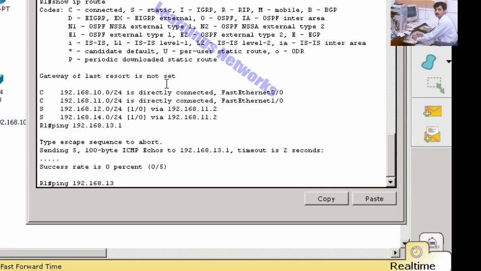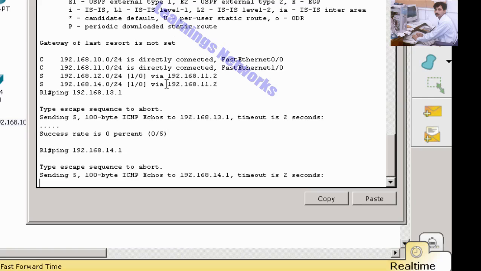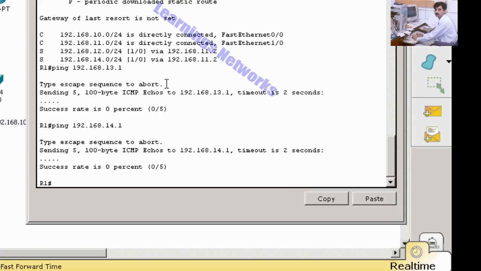Now check 14.1. It is still not pinging 14.1, but the 14.0 network is in the routing table of R1.